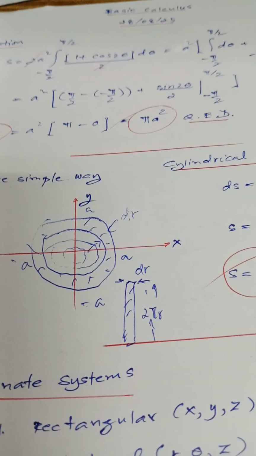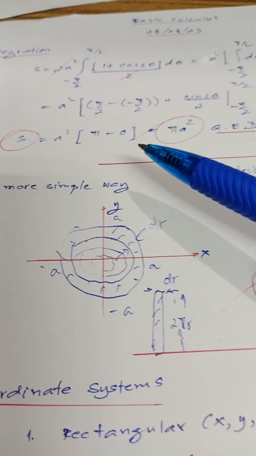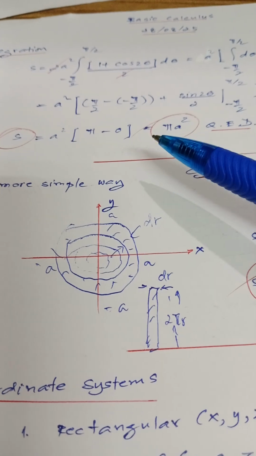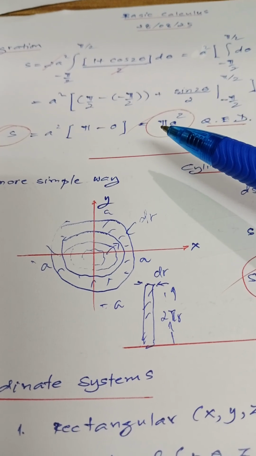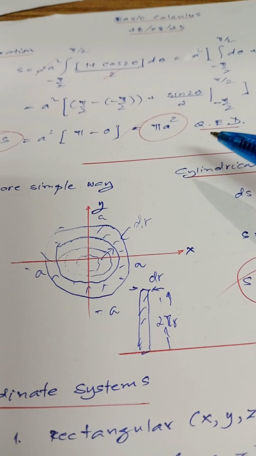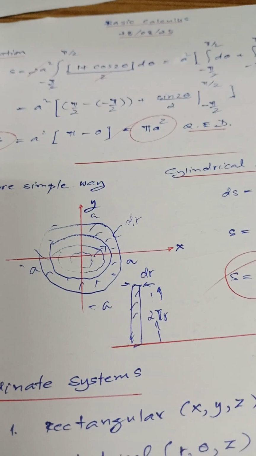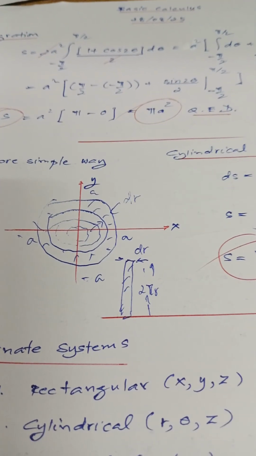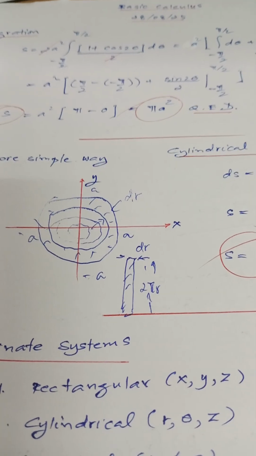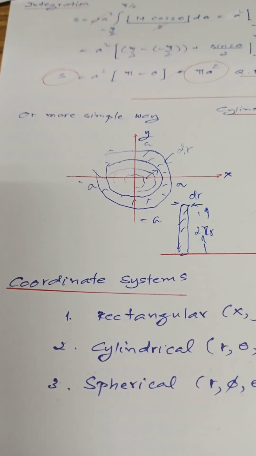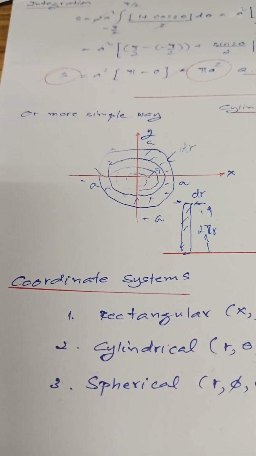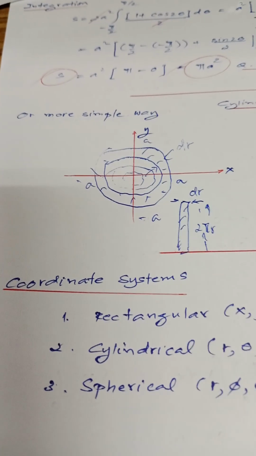Okay. And then your total area of the disk equal to pi a squared, as you know that the area of a disk with the radius a is pi a squared. And if you take another way of integration,